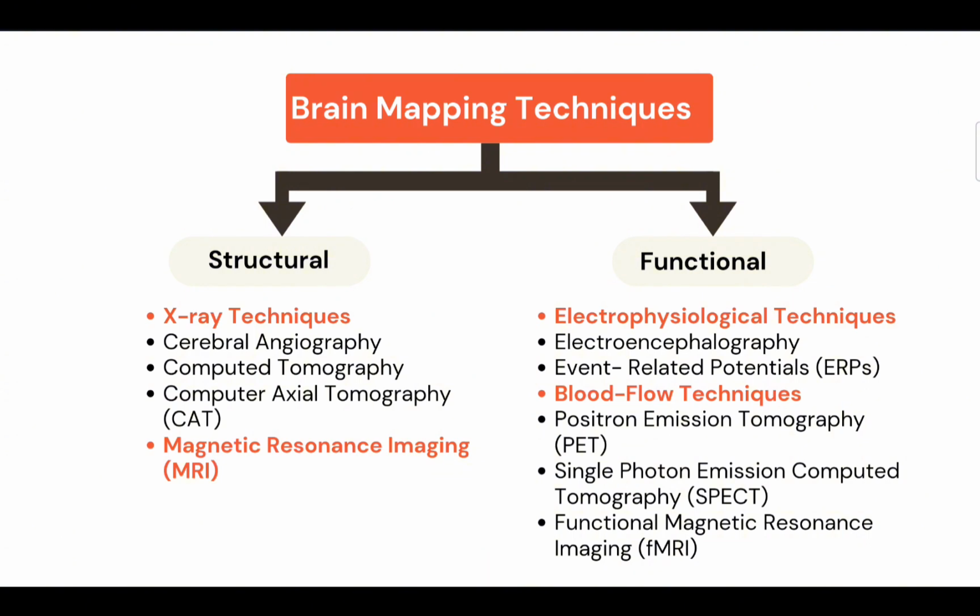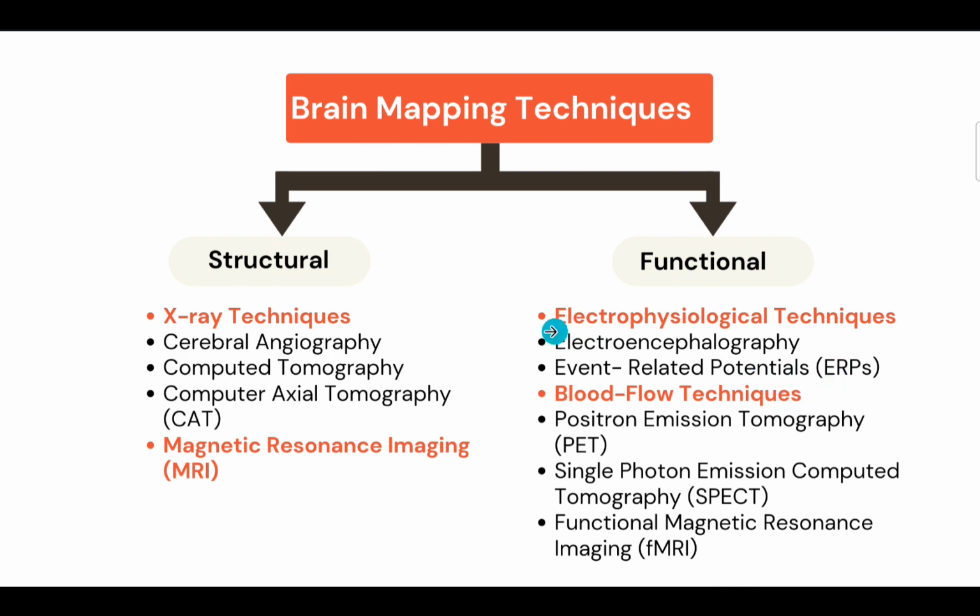But for functional, you will explore dynamic images of brain activity. The focus of structural brain mapping is to examine brain anatomy and morphology, while for functional, we want to study brain activity and function. So in one you will see very static images of the brain, and in the other you will see very dynamic images